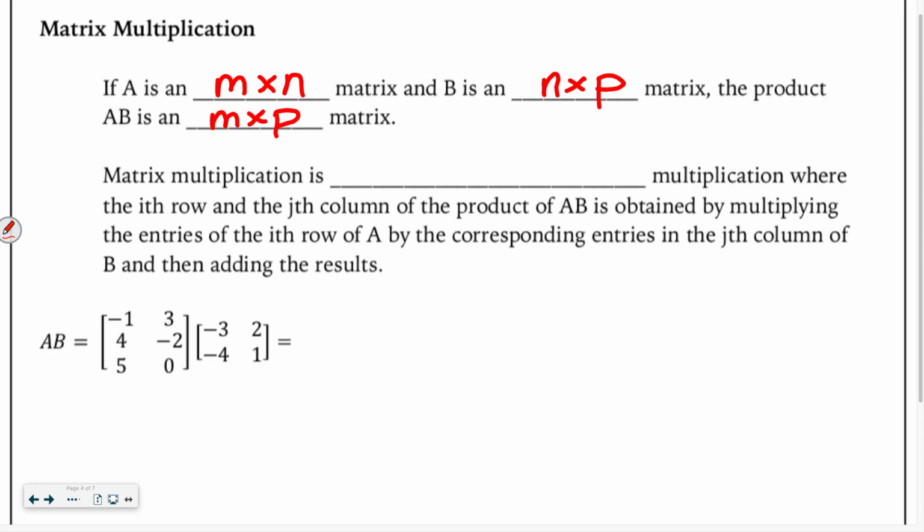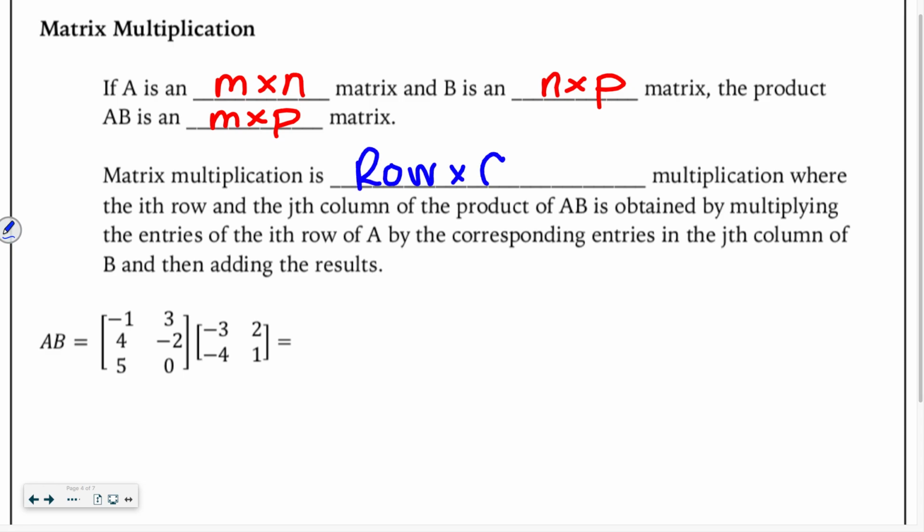Now, I use that order for my answer matrix to help me and hold me accountable that I have all the entries in the answer matrix that I need. So I'll talk about that when we do our example together. And then in the second part, the paragraph is kind of describing what you're actually doing with matrix multiplication. The key piece that I would say to really focus on and make sure you know when you're doing a matrix multiplication